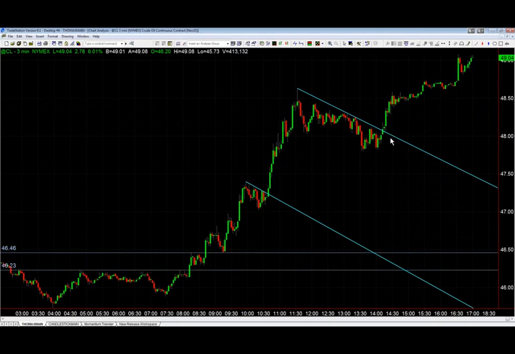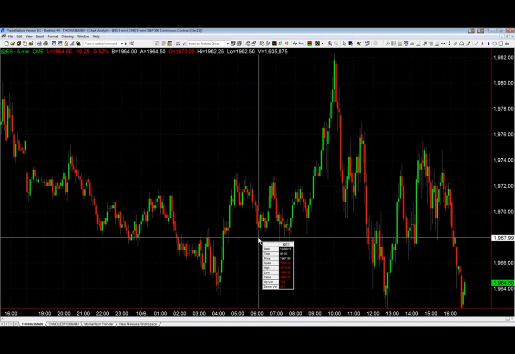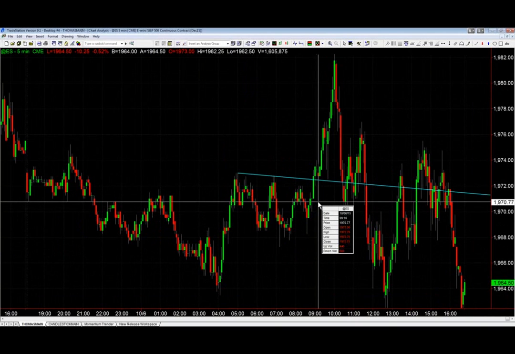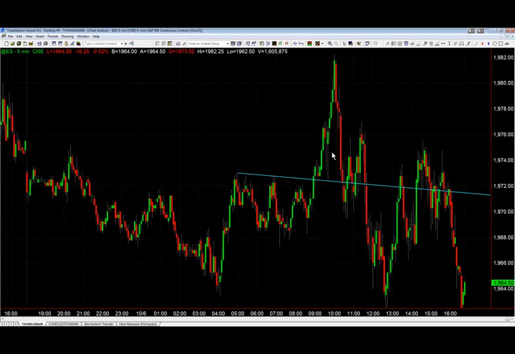Makes sense? So what are some markets you want to look at? Which ones do you want to look at? Be happy to look at them. Here's the S&P. You can look up equities as well. So where are the pivots? Here was a previous pivot high and low, lower high, lower low. Then we break to a higher high and put in a higher low. As of this point, the trend shifts. If you were in the trading room, we talked about this right here. Here's your long, count your price bars, 1, 2, 3, you're in the money. Then another 10 minutes, you're up a couple hundred a contract. Another hour, you're up $500 a contract.